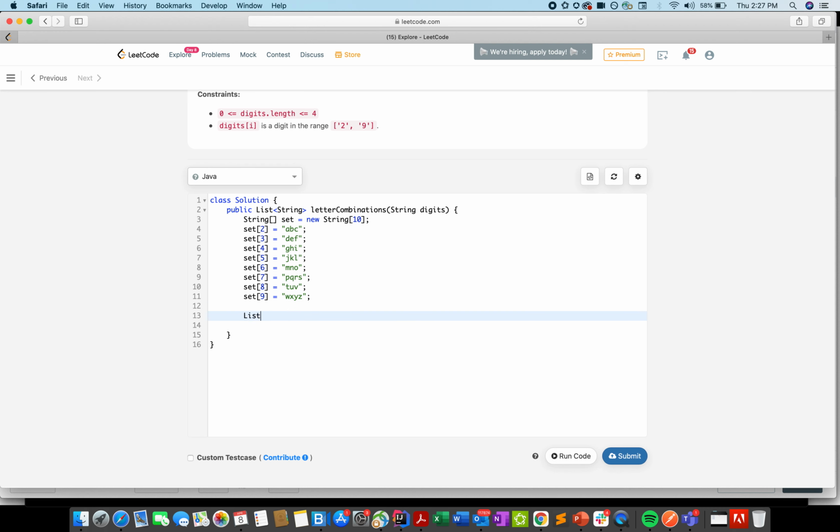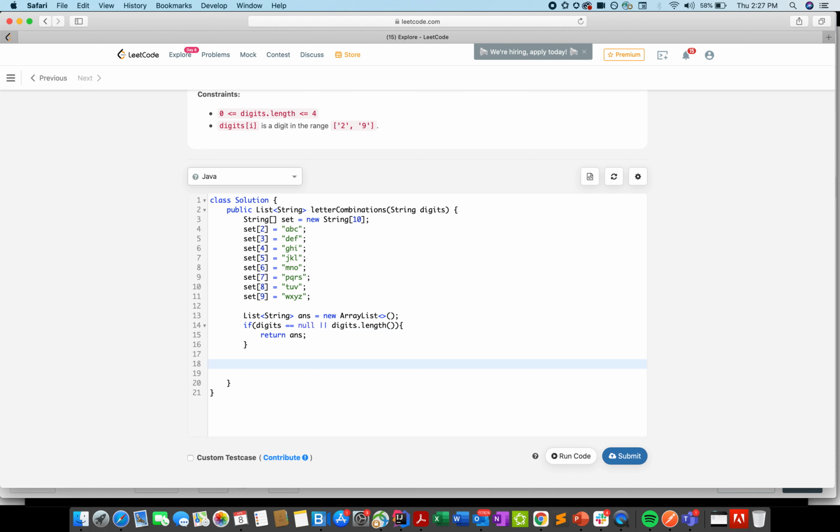And let's create our answer list, ans equals new ArrayList, and then let's check if the string that is given to us is null or its length is 0. If that is the case, we should simply return the answer, an early short circuit.